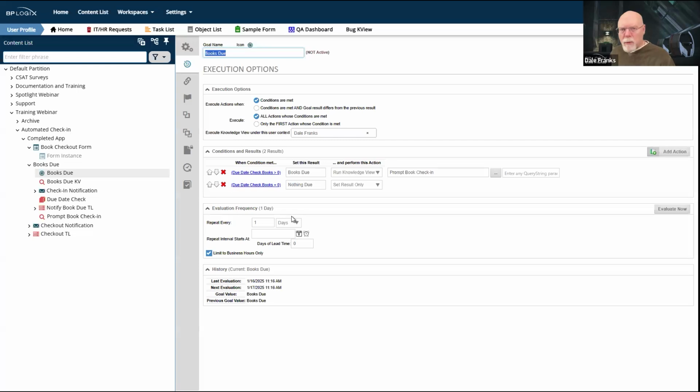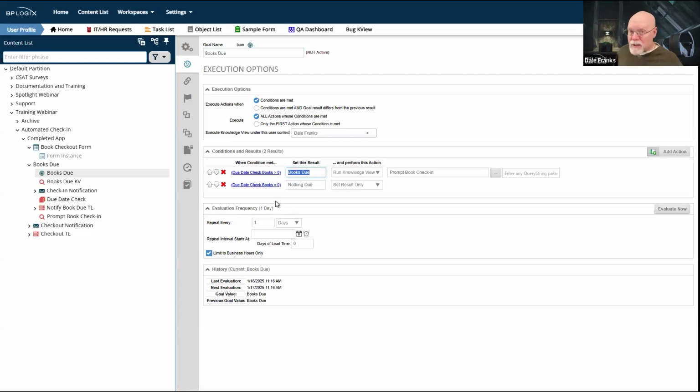So in this particular case, with my setup now, I have 2 books that need to be checked in. Both of them have been notified of the check-in. Both of them have running tasks. So they're already happening. When I run this goal again, though, it's still going to say books due.